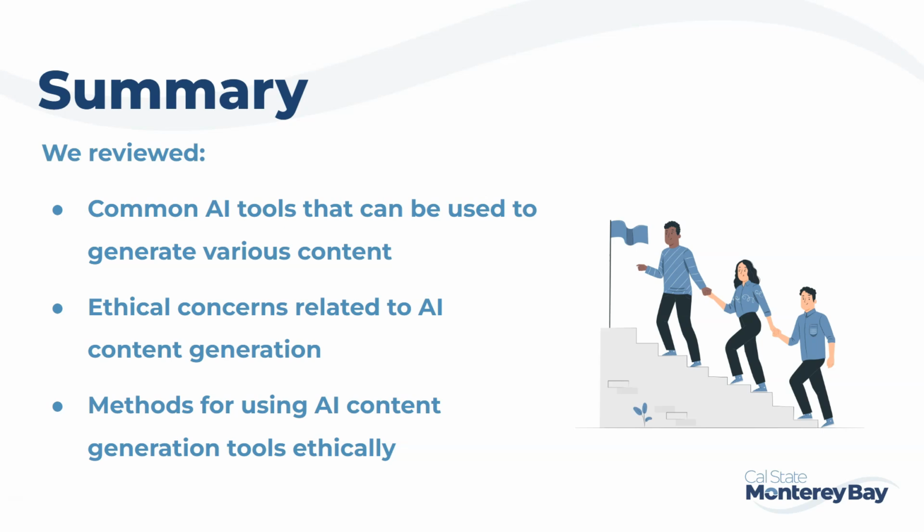Now, we have discussed quite a bit from how to generate AI content ethically to prompt engineering. We started by reviewing some of the frontier AI models, then discussed ethical concerns for text as well as image generation, and then we discussed methods including prompt engineering strategies that we can use to keep ethics at the heart of any work we do that is enhanced by AI. So let's talk about the upcoming activity.